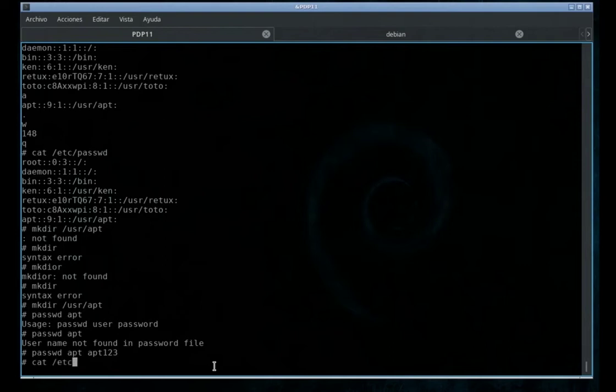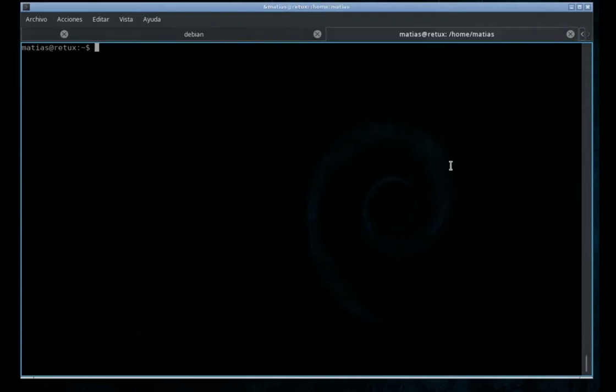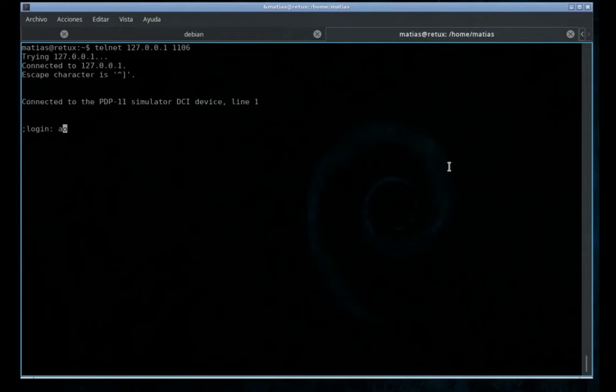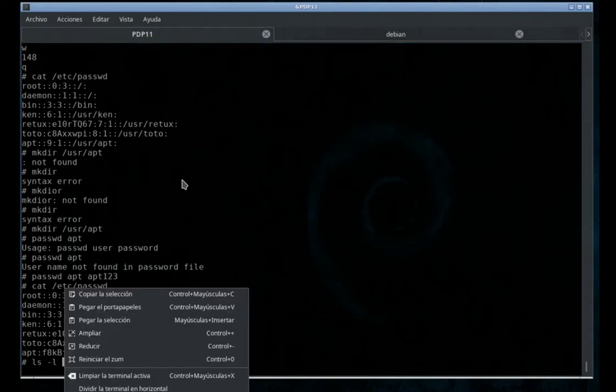If we take a look at the etc passwd file, now the password is hashed. So if we go to another terminal, let's log in apt, off we go. Okay. So let's go back to root,